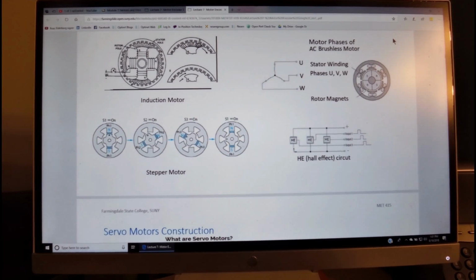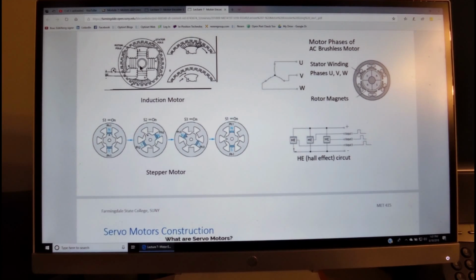So that's the basic principle. This is applied to various types of motors, and we'll see in a minute. Some of them are brushless AC motors. These are the ones that we will focus on. In this example, we have magnets on a rotor, and then we have the coils, the windings, on a stator, and the current into the coils in order to generate the force with the magnetic flux is being commutated through the phases. They are called U, V, and W phases. The phases are being detected by the position of the rotor with Hall effect sensors that sense the magnetic flux.